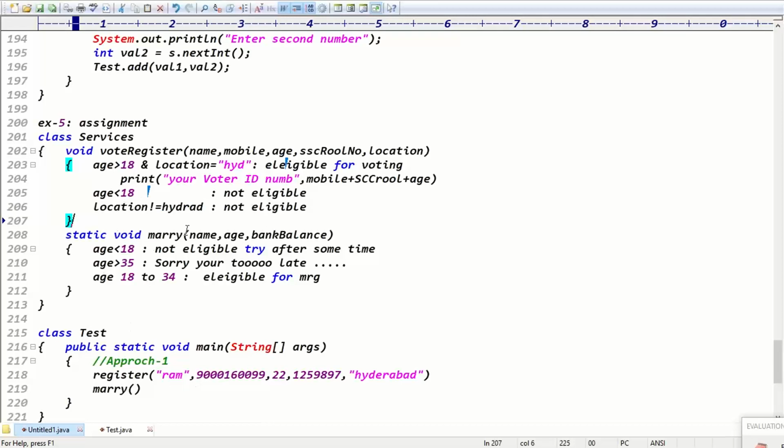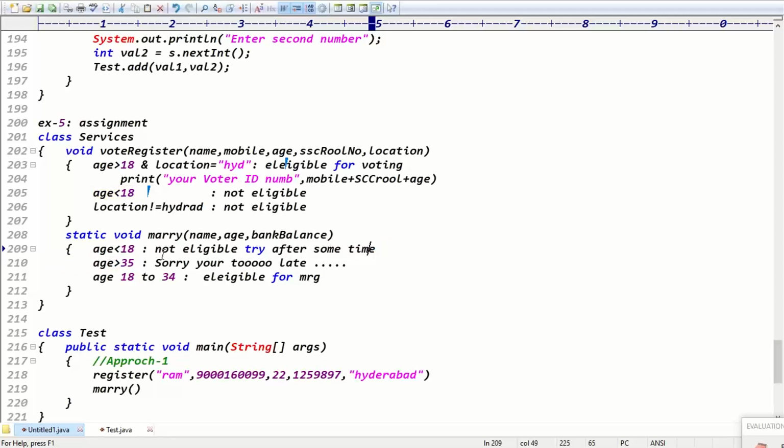Second example, you can take a marry method. Marriage method with name, age, bank balance. Definitely the marriage method requires arguments, right? Name, age, and bank balance required. If age is less than 18 years, not eligible for marriage, try after some time.